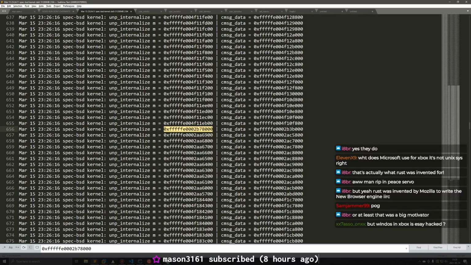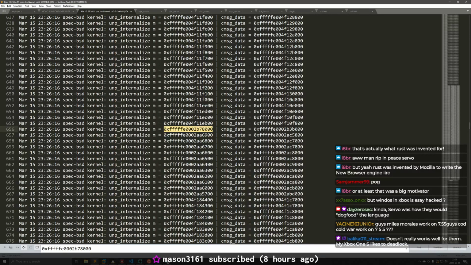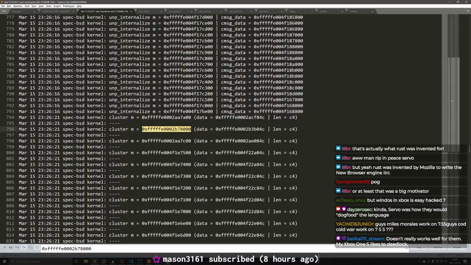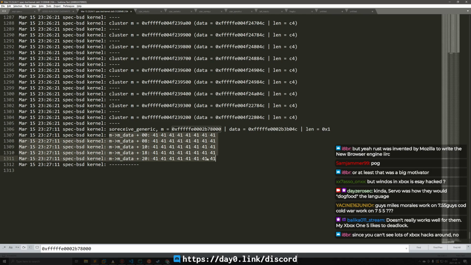Then it gets released back to the allocator on the first UDP socket. It gets released to unp_internalize, which takes it. Then it gets released again when it gets to unp_externalize, and another spray takes it. And then when externalize continues, you end up with it taking the pointer, and you have the 4 ones.